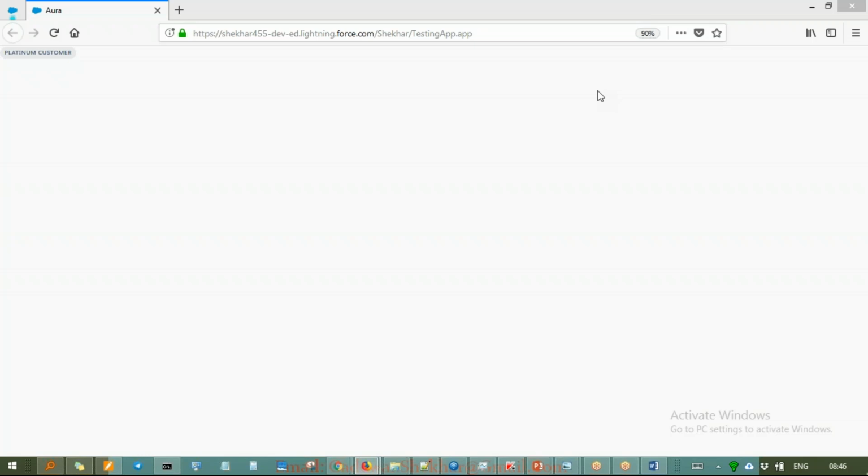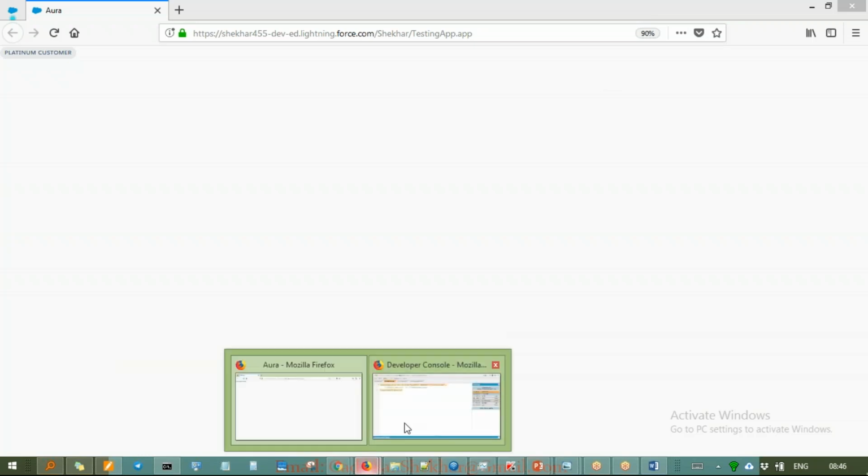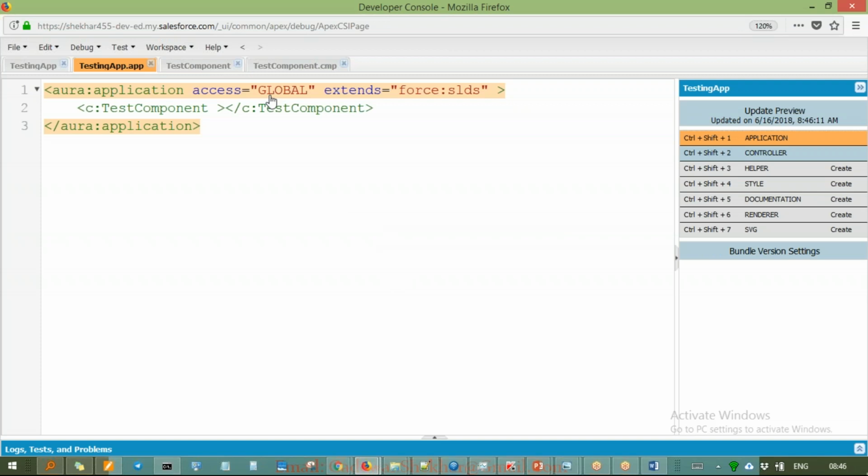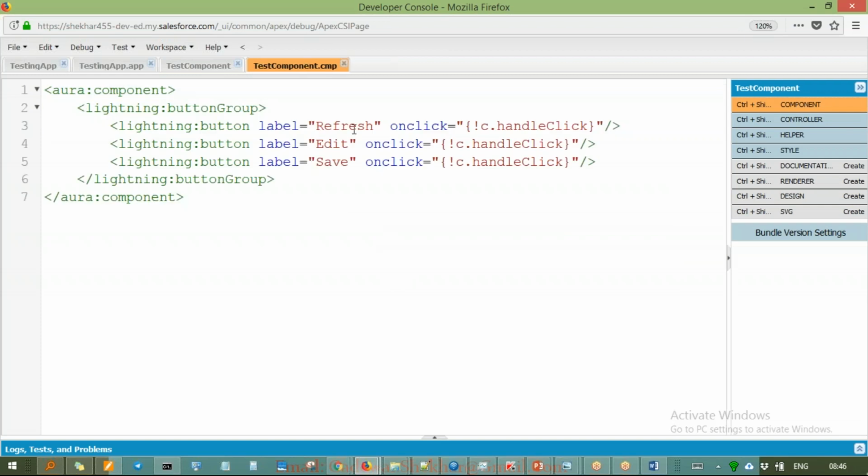Next is the button group. I think we have already discussed this. If not, let me just show you. Button group is nothing but whatever buttons you have, you just include them into the lightning button group, and it shows you a homogeneous, properly looking scenario. You can just see now here. It shows you a proper value and combination in a group manner. So this is something we use whenever you have multiple buttons. That is one thing. And